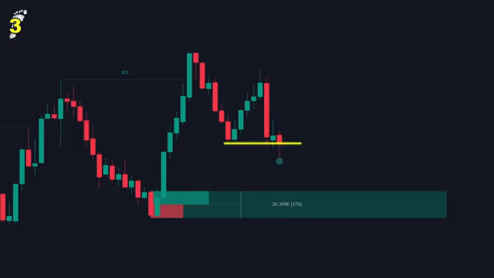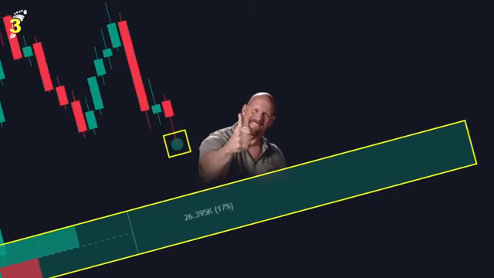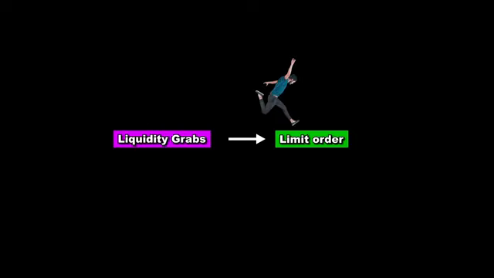When the price wicks below a previous swing low, it marks it as a bullish liquidity grab, indicating a possible upward move. So we now have a bullish order block with a liquidity level sitting right above it, making this a valid liquidity pattern. Now we can move on to step 4, the final step, which is entering the trade.